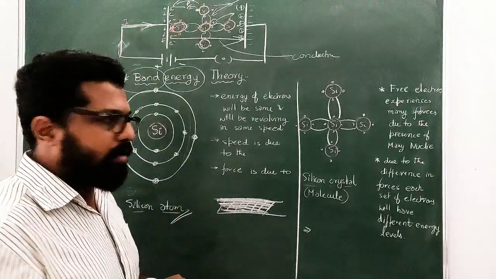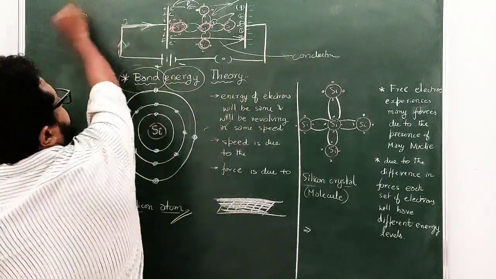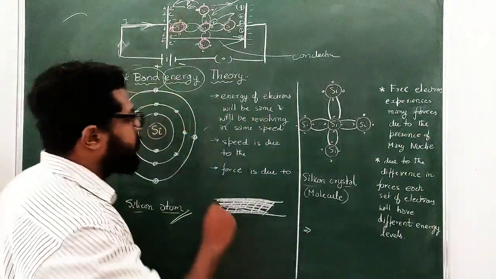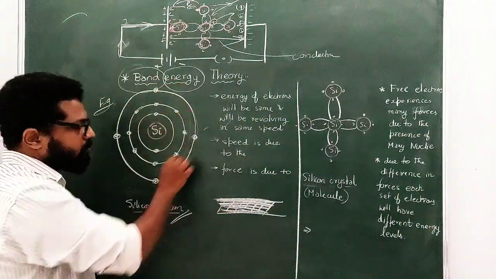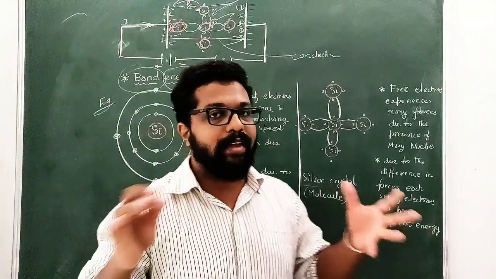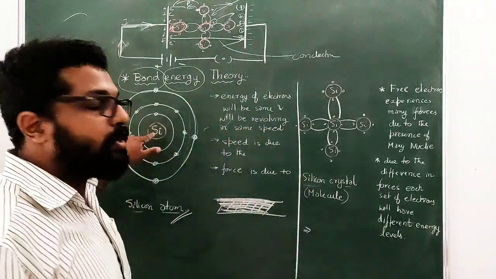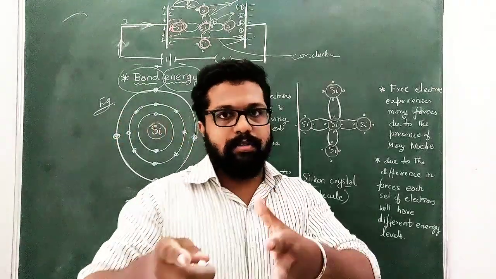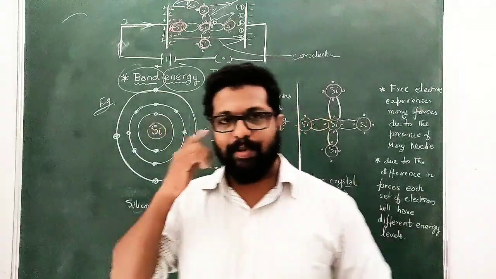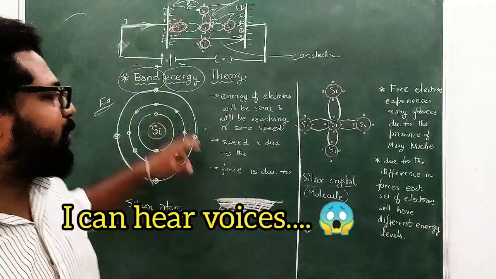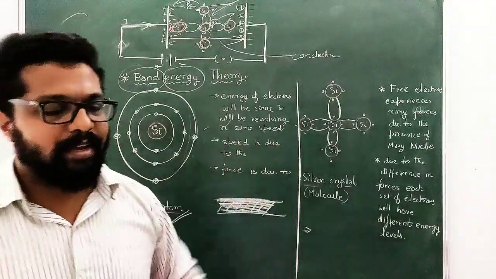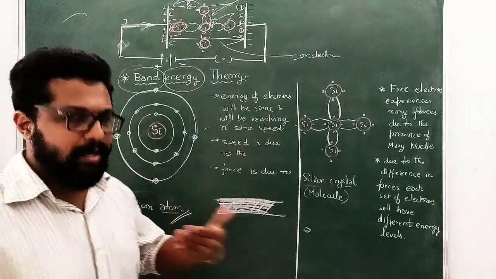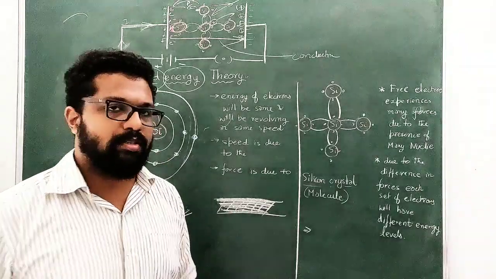They are not moving in a random pattern; they are following a certain pattern, that is a circular motion, revolving around the nucleus. Why do they do that? Good question. Why do they revolve around the nucleus? Why don't they go away? Very good, you all have answered it already. It is because the nucleus is pulling them towards the center with the centripetal force.